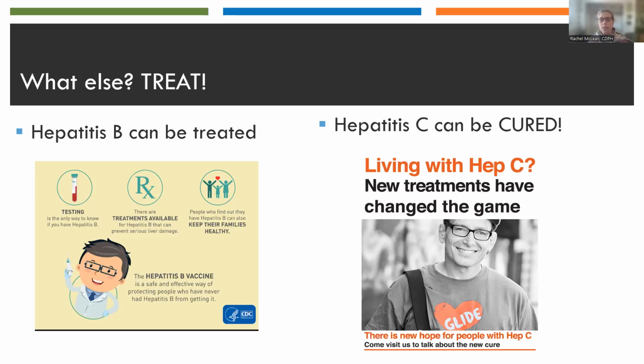Hepatitis C can be cured in 8 to 12 weeks with all oral medications with minimal side effects that are equally effective for people with and without HIV, and that are very effective for people who use drugs, people with substance use disorders, people with serious mental illness, people with HIV, African Americans, all groups that used to not have as good response rates to the previous regimens of pegylated interferon and ribavirin. They can be effectively treated and cured with the new all oral medications. But a lot of people on the street don't know that. And so it's very important to promote that message